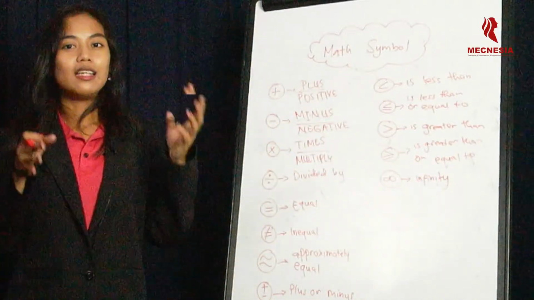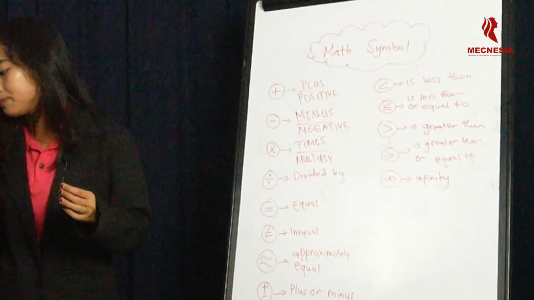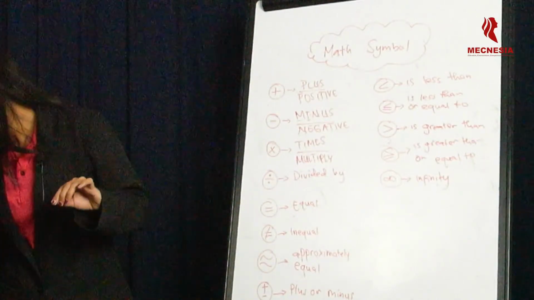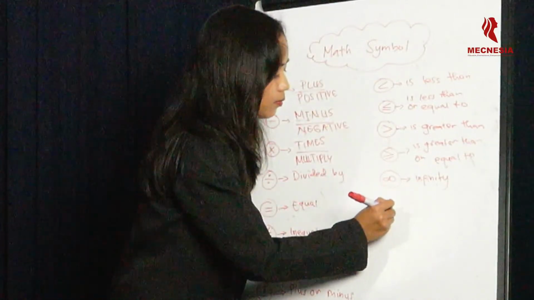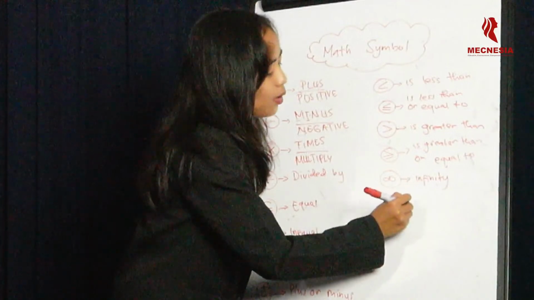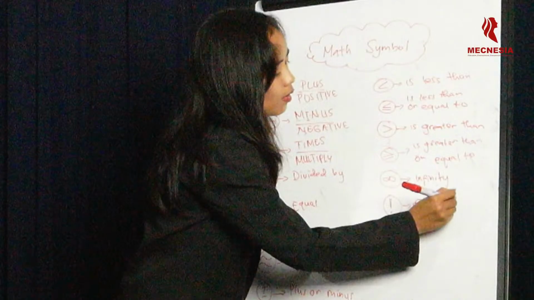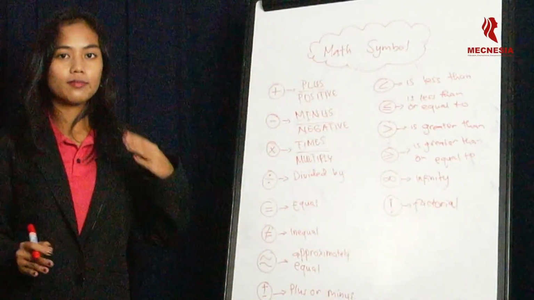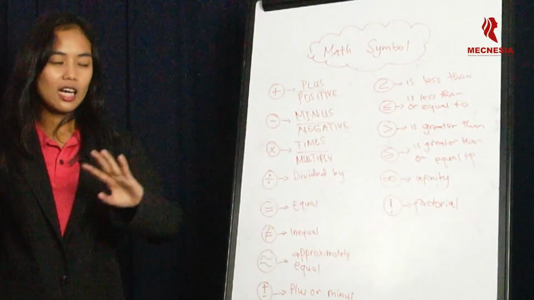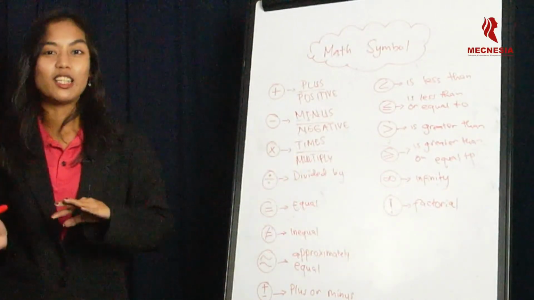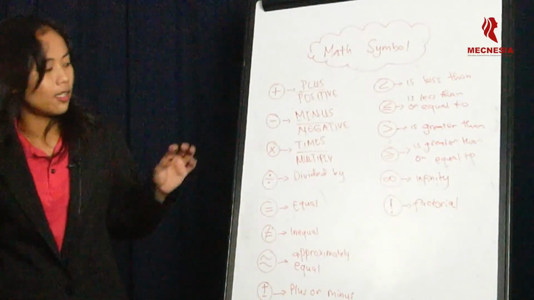Infinity. Infinity adalah tak terbatas, tak terhingga. Infinite. Next we have, okay, dia bentuknya seperti tanda seru. This one is called factorial. Factorial. Same as in Indonesia. Jadi sama bahasa Inggris sama bahasa Indonesianya. Factorial.